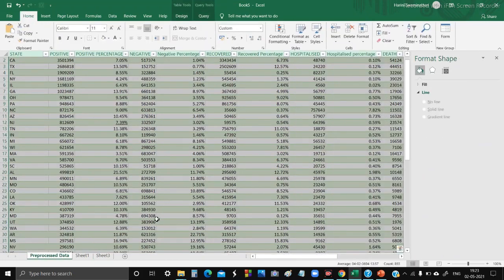Now, go to the datasheet again and select the entire table and create yet another pivot chart. Here you will be holding the values for positive cases.